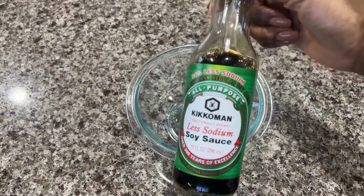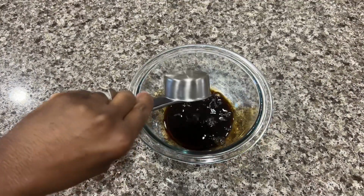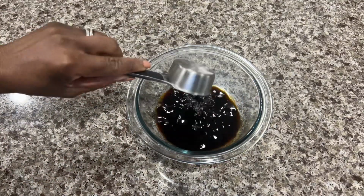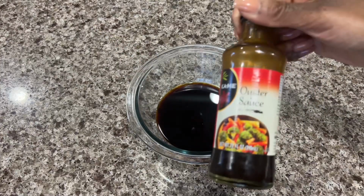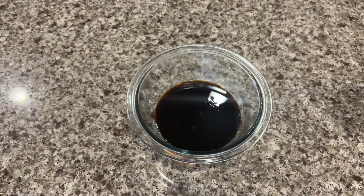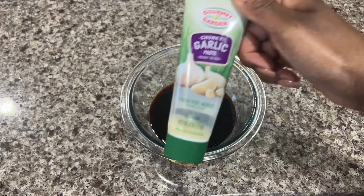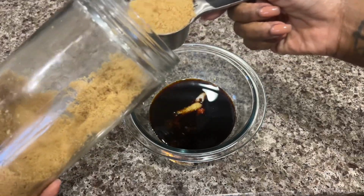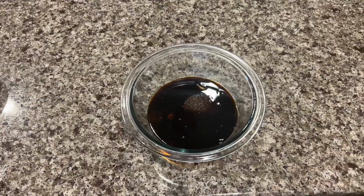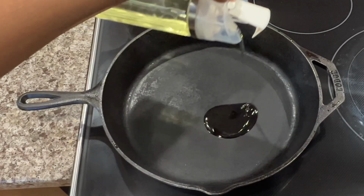Alright guys, so the first thing I'm going to do is make this delicious teriyaki sauce, which is basically the holy grail of this entire recipe. Half cup low sodium soy sauce, 1 tablespoon oyster sauce, 1 tablespoon sriracha, 1 teaspoon ginger paste, 1 teaspoon garlic paste, a 1/4 cup brown sugar, and 1 tablespoon sesame oil. Then I'm going to mix it all together and put it to the side and move on to my ground